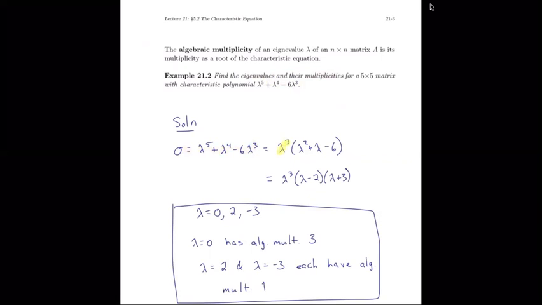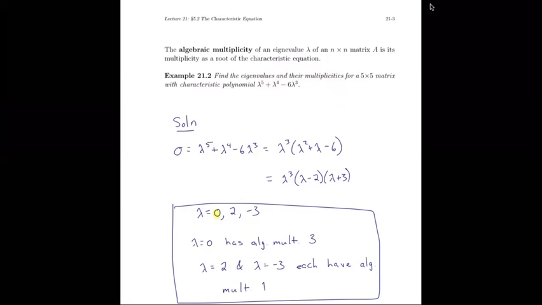Factor out that common lambda cubed to the front. We have lambda squared plus lambda minus 6 as a trinomial to the right here. Then that is equal to factoring this quadratic as lambda minus 2 times lambda plus 3. We have expressions for 1, 2, 3 eigenvalues. This lambda cubed is equivalent to lambda minus 0 quantity cubed, right? So that lets us realize that the lambda cubed is the eigenvalue of 0,